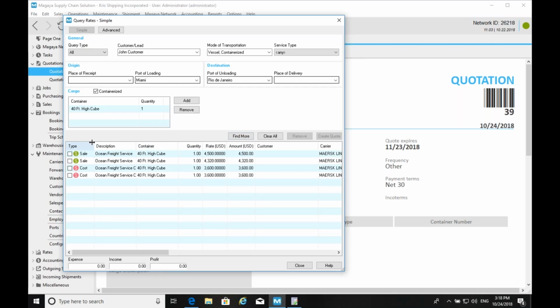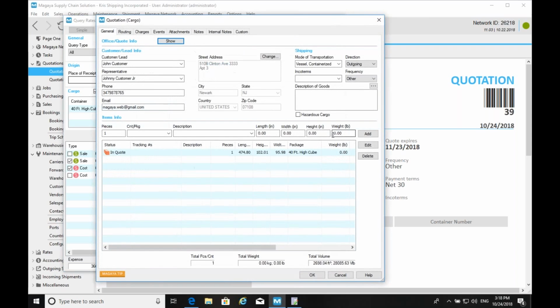Okay, we're finding a couple of options. We're quoting them the cheaper we have. Okay, and adding the cost. You see that you immediately see your own profit down here. You see the find more button here indicates that there might be more general results. For example, a general rate for Brazil, etc. Okay, let's create this quote.